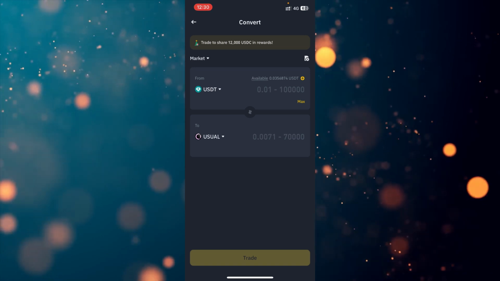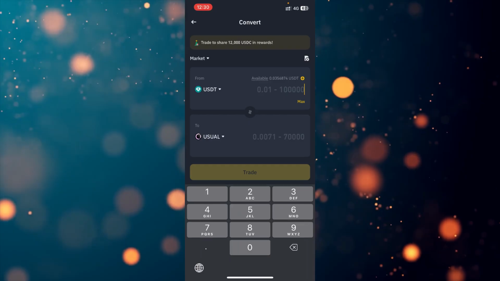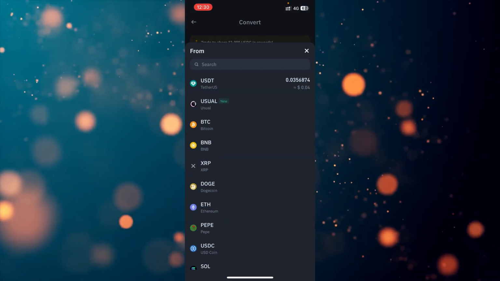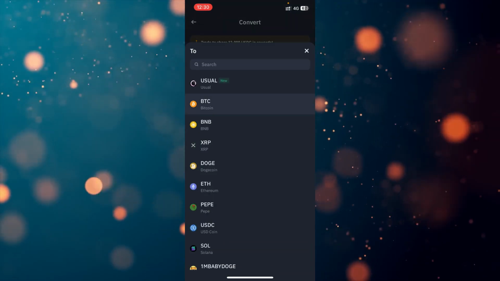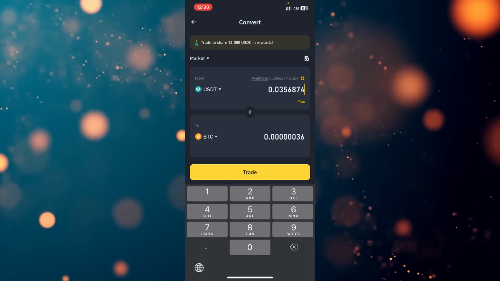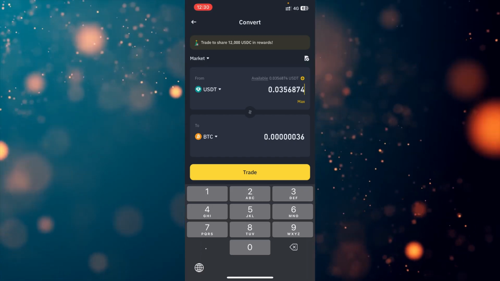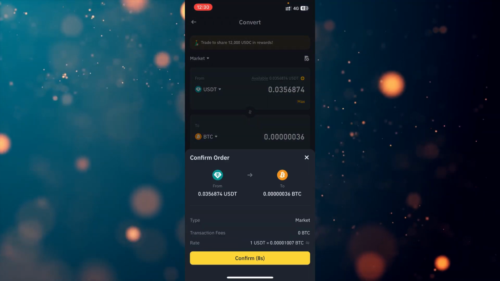Now we have to choose the currency from which we want to convert. For example, I want to convert from USDT to Bitcoin. So we have to put our maximum amount here, and as you can see, this is the Bitcoin we will get. So I'm going to click on the trade here, and after clicking on the trade here, as you can